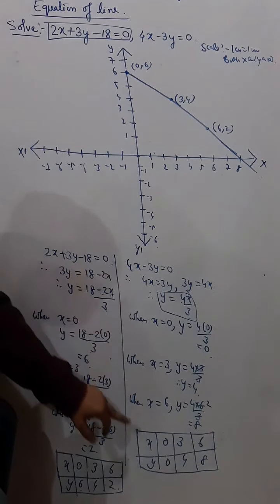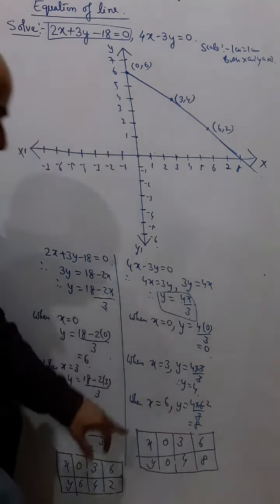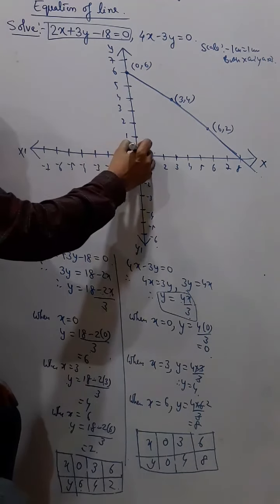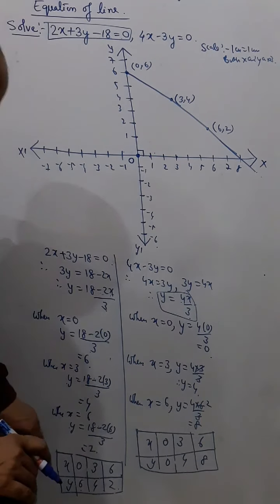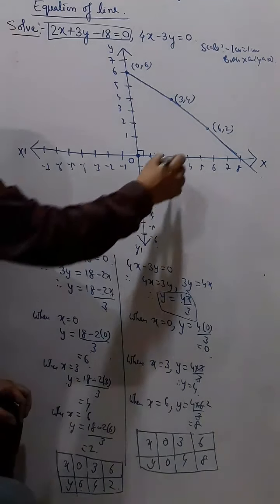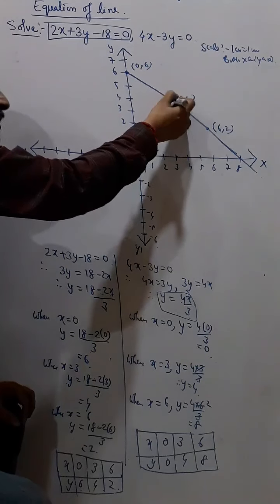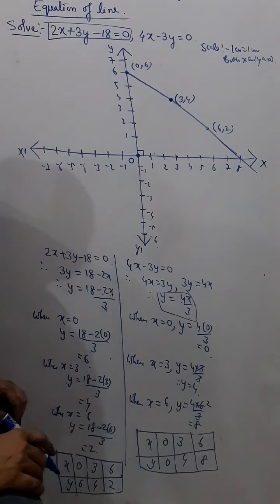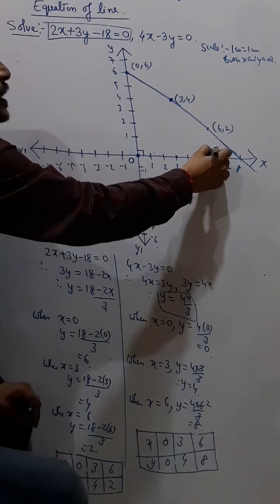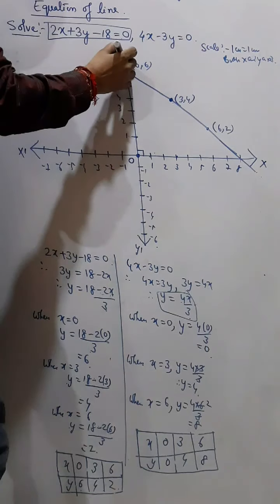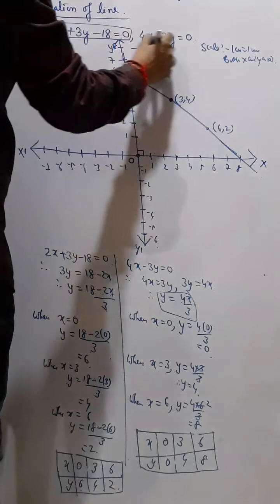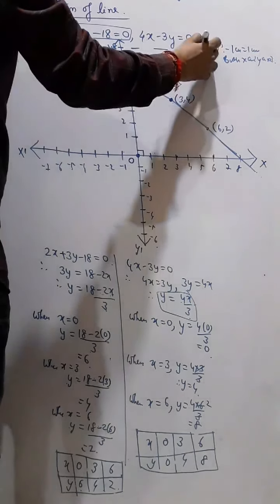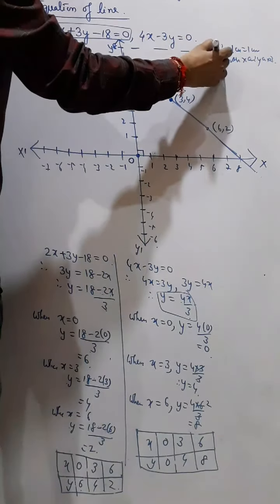Then we will draw this line also. So first 0 comma 0, you know, this is the origin. So this point itself is 0 comma 0. Then you have 3 comma 4, that is this point itself, and then you have 6 comma 8. In fact for 8 there is no space here, so you can increase this. So this is 8, you have 6 and this is 8, right? 6 comma 8. Okay, so this point is 6 comma 8.